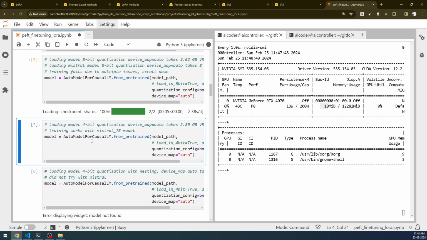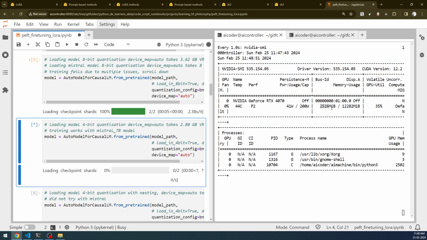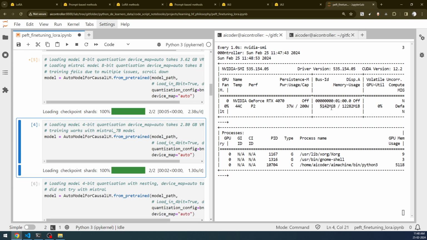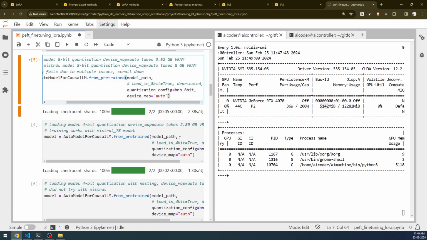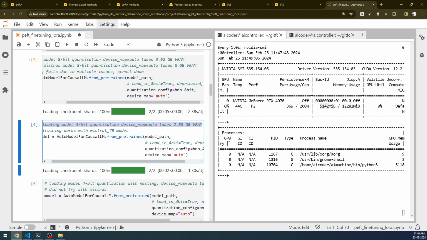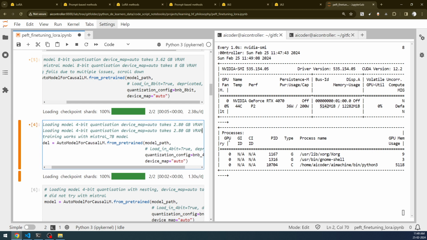So execute this, and you will see that the model gets loaded, and the model uses almost how many GB? So it's using almost 5.2 GB. So the 8-bit was using 8 GB, and this 4-bit is using 5.2 GB. So we can make a note of it like this: 5.2 GB, and